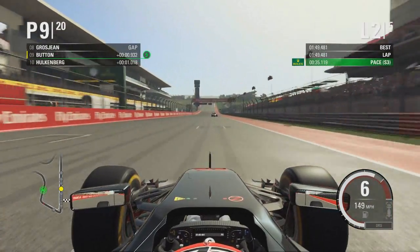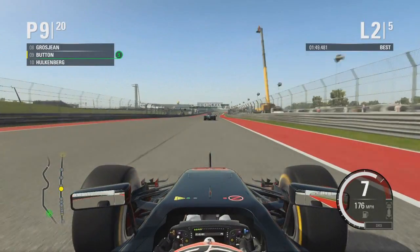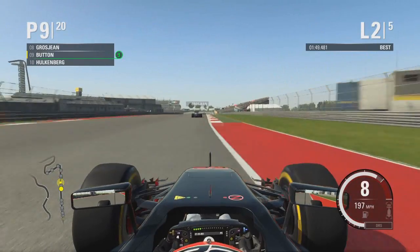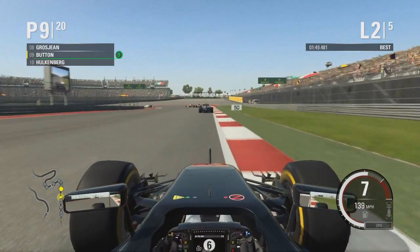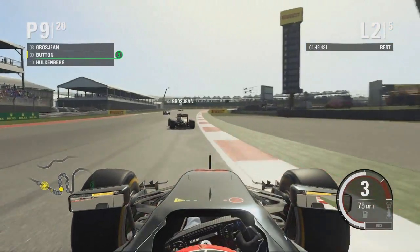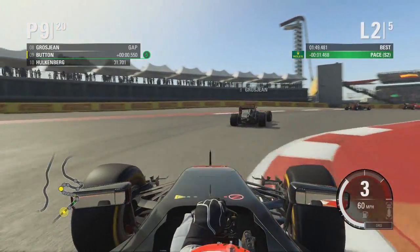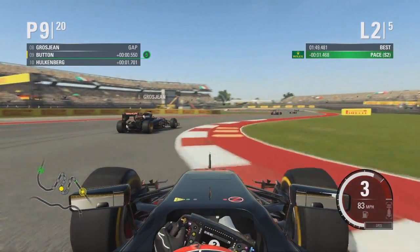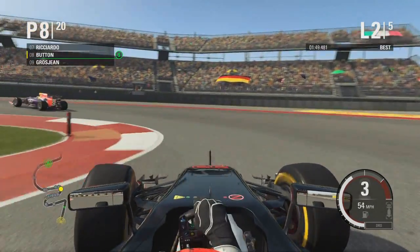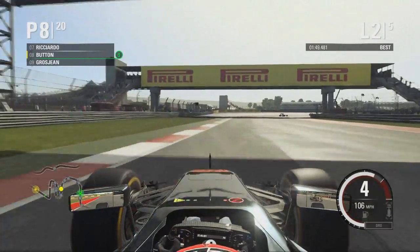But not to worry, we've still got 4 laps to go of this race, so we've still got a decent chance here of trying to get top 5, which would be pretty incredible in a McLaren. But anyway, down to the bottom hairpin here after a long straight. Obviously we're not as quick as the cars in front, thanks to the pretty rubbish Honda engine basically. But it did get better towards the end of the season. It probably was better in America than we expected. But down the inside of Romain Grosjean, that's 8th position right there,